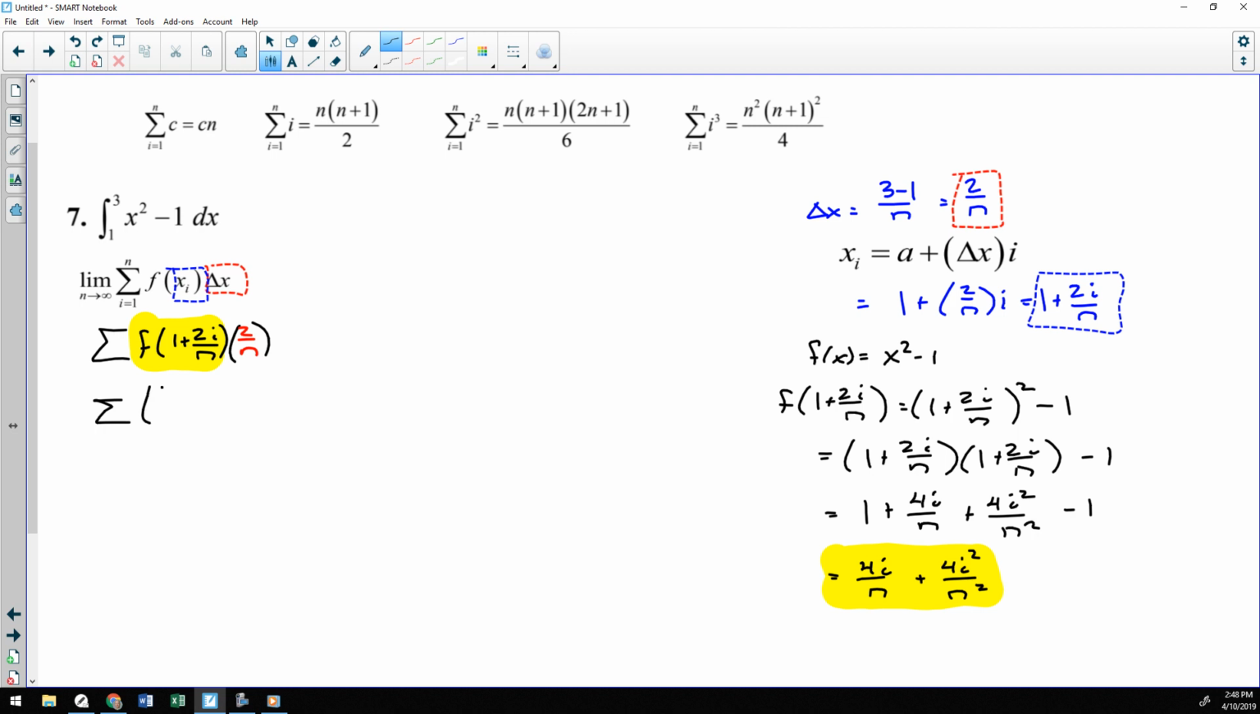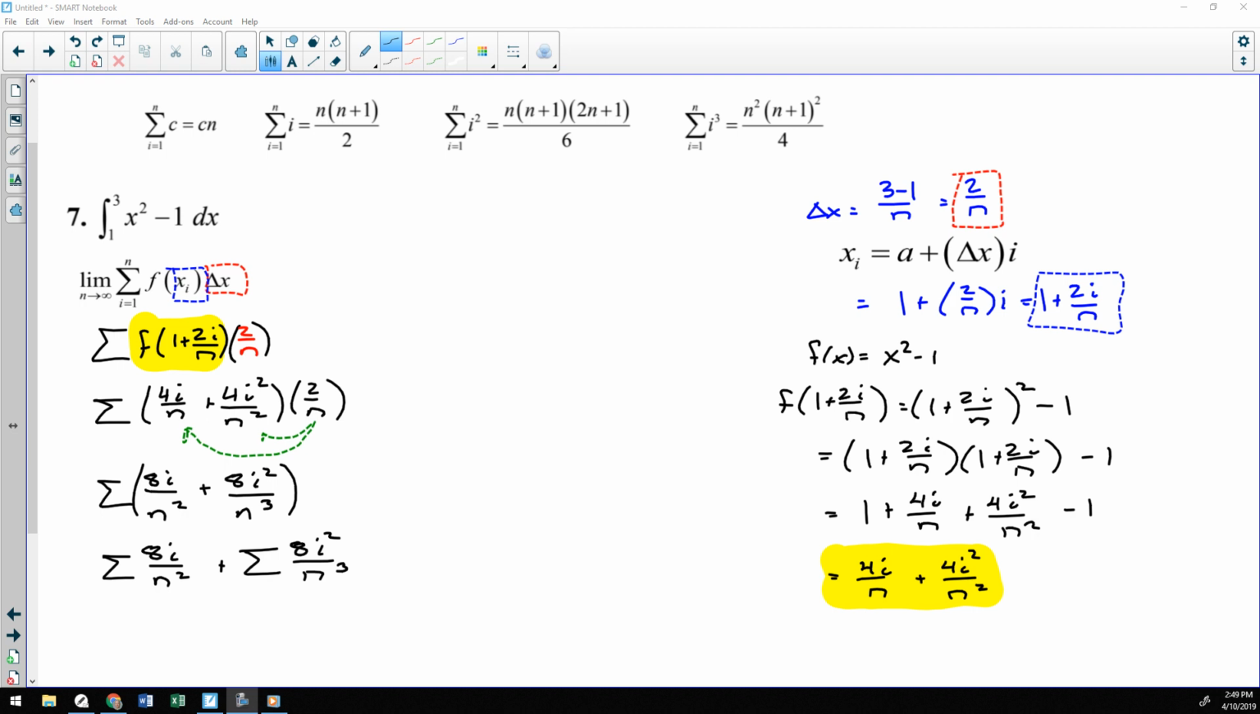So 4i over n plus 4i squared over n squared, and then all of that still times the delta x of 2 over n, and then I'm going to distribute the 2 over n. So we'll take that 2 over n, we'll distribute it through here, which would give you this. Distribute the 2 over n, and I went ahead and went one step further, and I broke my summation into